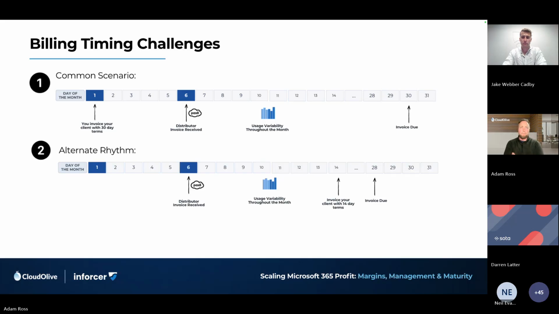So if the invoice is from the distributor, it still comes on the 6th, like that's baked in. Kaseya comes on the 6th. Many others come at different times. Some are in arrears, some in advance, some current month. Like they're all over the show, right? But where is the lion's share of your cost being incurred? When does that arrive? And when do they expect you to pay? Two dates just to mark on your own calendar here.